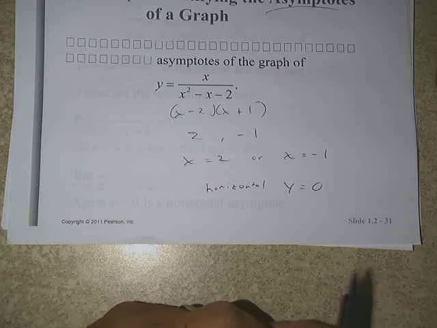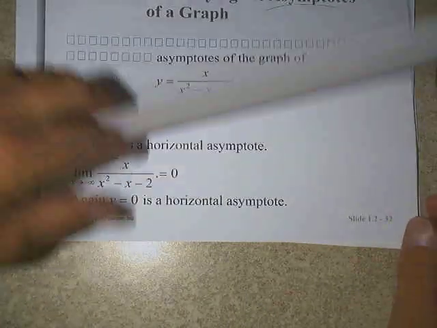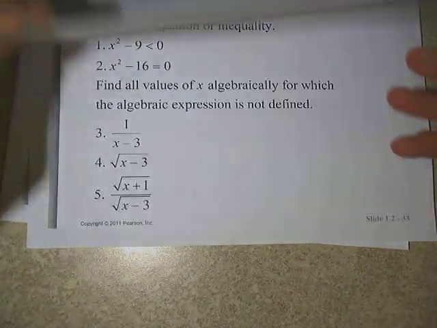We're going to talk a little bit more later about how we can tell from the equation that there's a horizontal asymptote as well. For the time being, we'll leave it at just looking at the graph and using our graph and table. There is something about this function that, if I looked at it, I would know that there's a horizontal asymptote at 0 just because I know something about this function. So we're going to study that a little bit later on too. All right. So that said, your